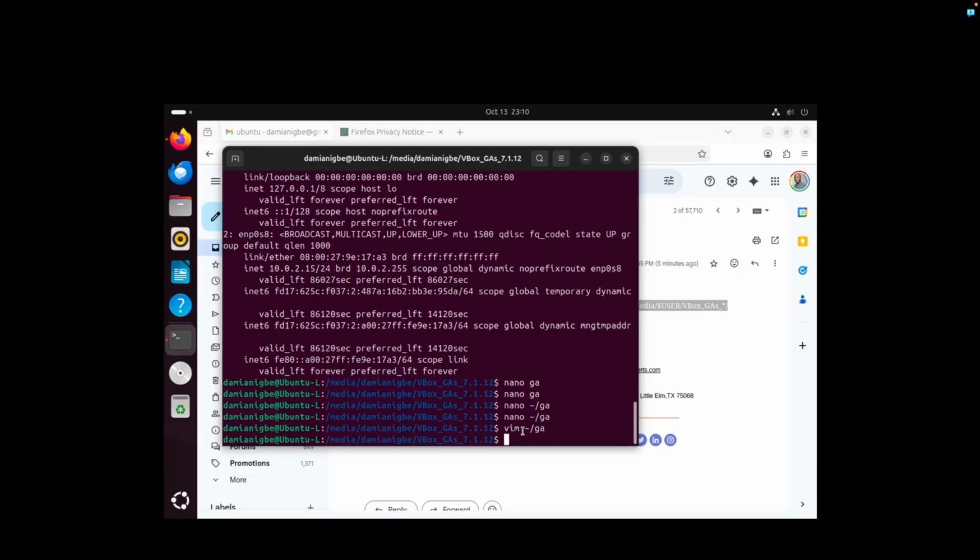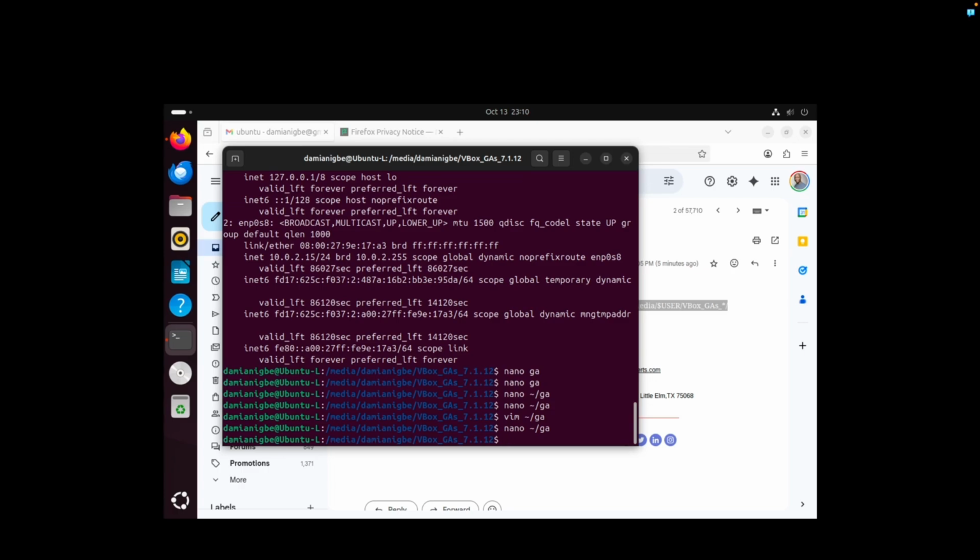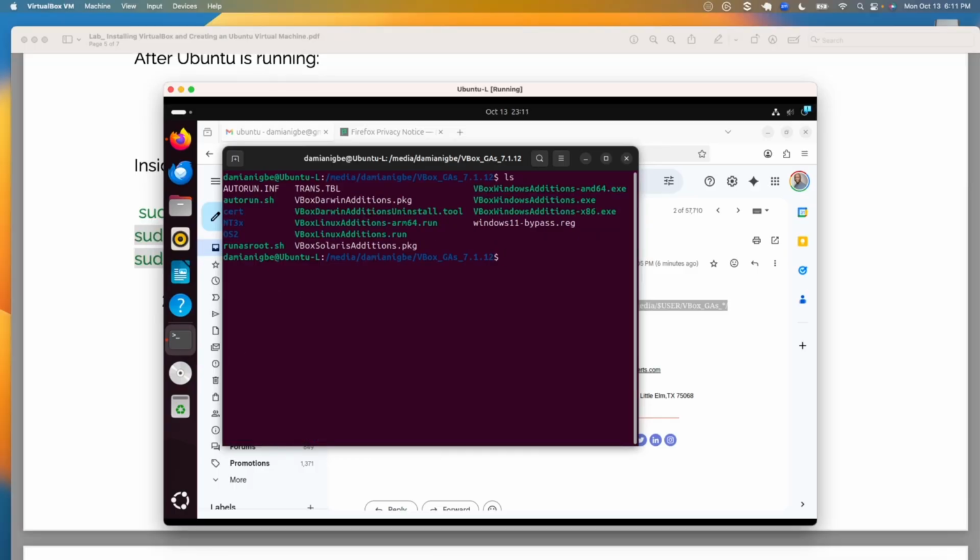Okay, so I use this editor here called Vim to copy it, but I can also use Nano. And with Nano, I can also paste them here if I want to use Nano. But in any case, at this point, I have my file here. So if I cut it, GA cut home, GA. Okay, let me go to my home so it's easier. So that file is here called GA, and